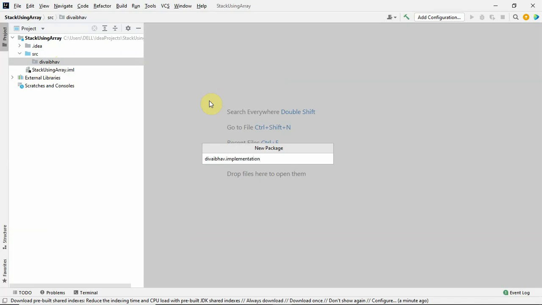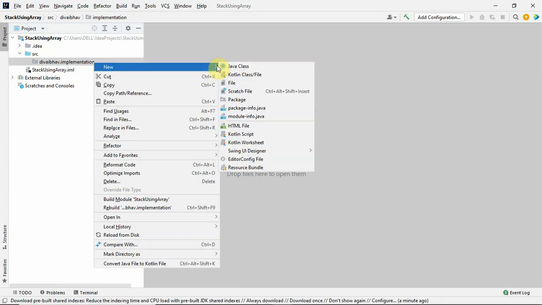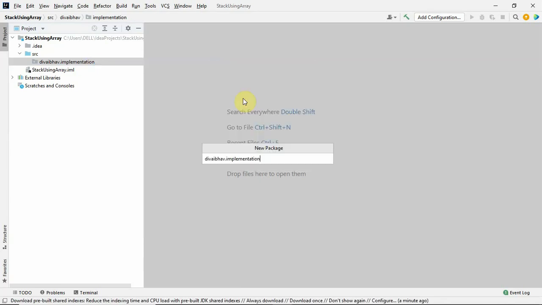In this implementation package I am going to create the implementation of stack. One more package I need, which is a sub package of di-webhub, so I am going to use main. This main package will contain the main class of my particular project.